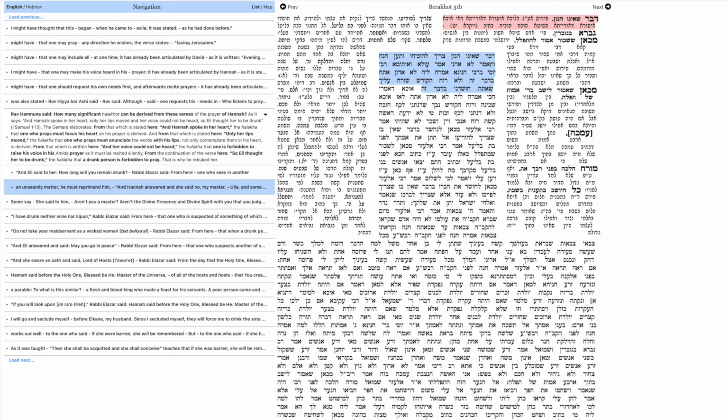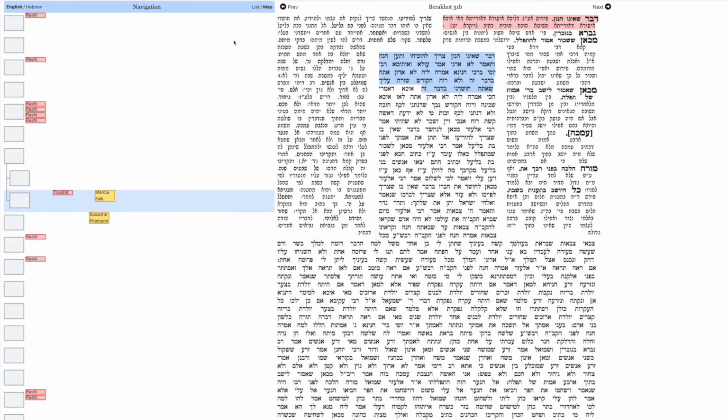We can see that there are 2 medieval commentaries on the page that are highlighted accordingly. One is primarily interested in explaining the basic flow of the text, while the other is more interested in resolving legal difficulties. But there are also newer commentaries on the same text, which I can see by clicking on the